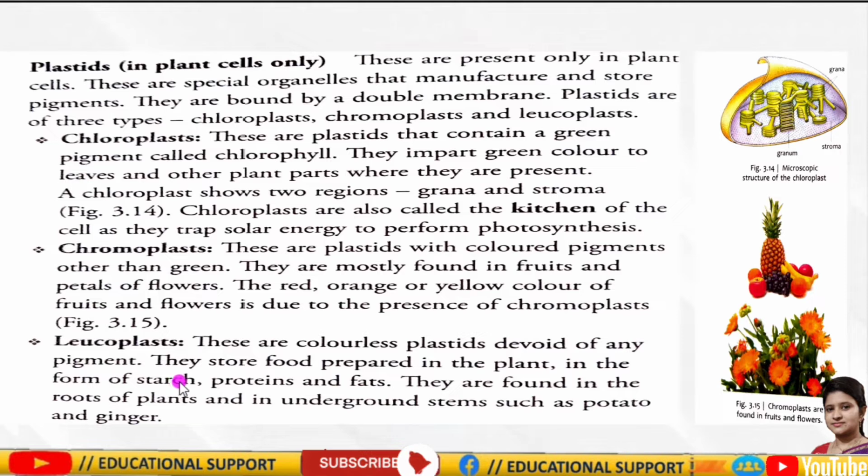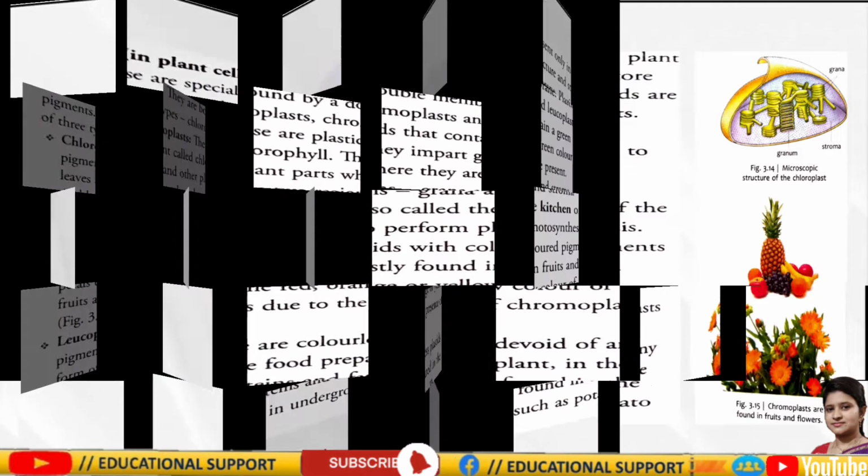Next is the leucoplast. So leucoplasts are colorless plastids devoid of any pigment. They store food prepared in the plant in the form of starch, protein and fats. They are found in the roots of plants and in underground stems such as potato and ginger. Okay. So next is the